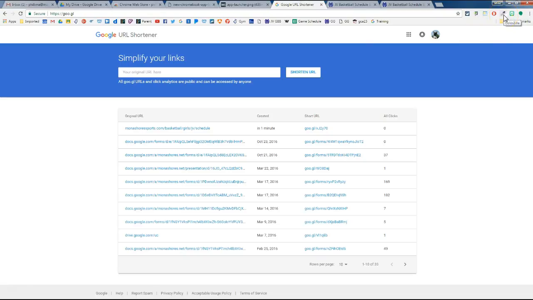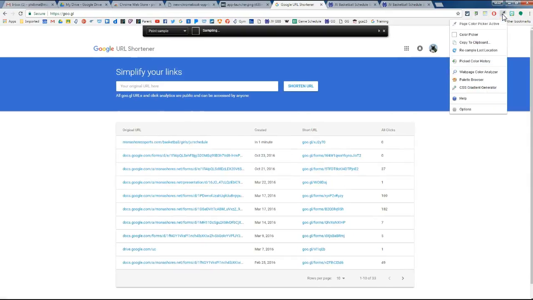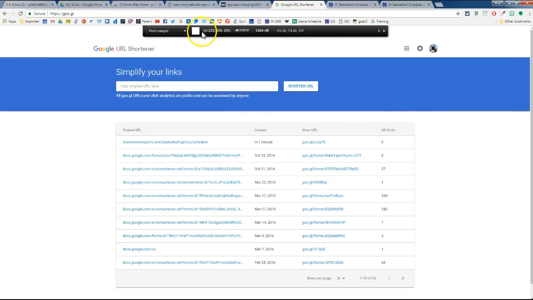this little ColorZilla extension. So if I want this color from this web page, I can come around here and it brings this little box up and shows me the size of things. It also gives me the color. So I can see right here, right above where my mouse is, it gives me the RGB and this hexadecimal value. It also gives me the size of this box. So